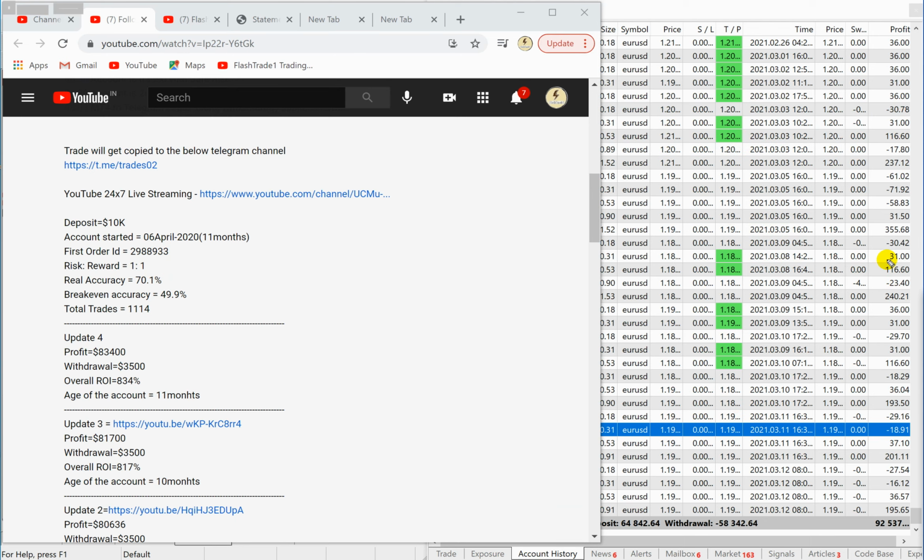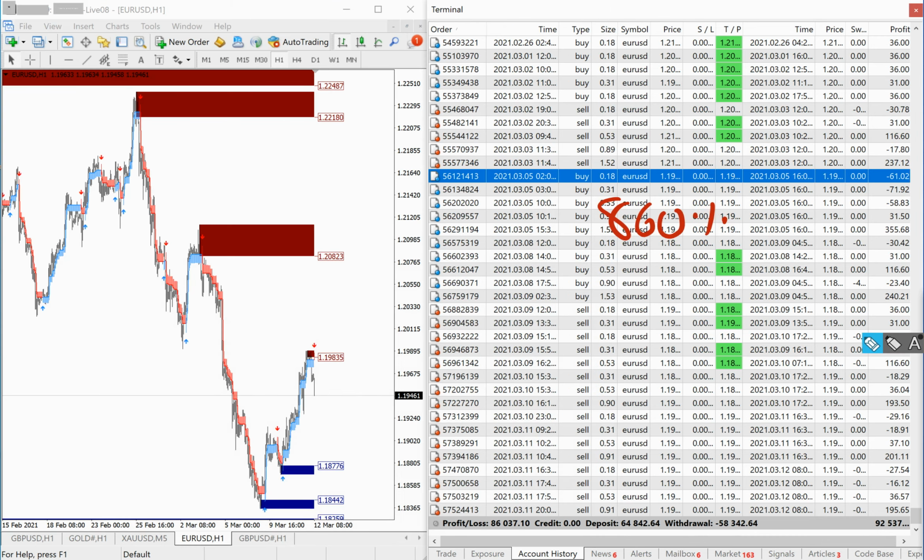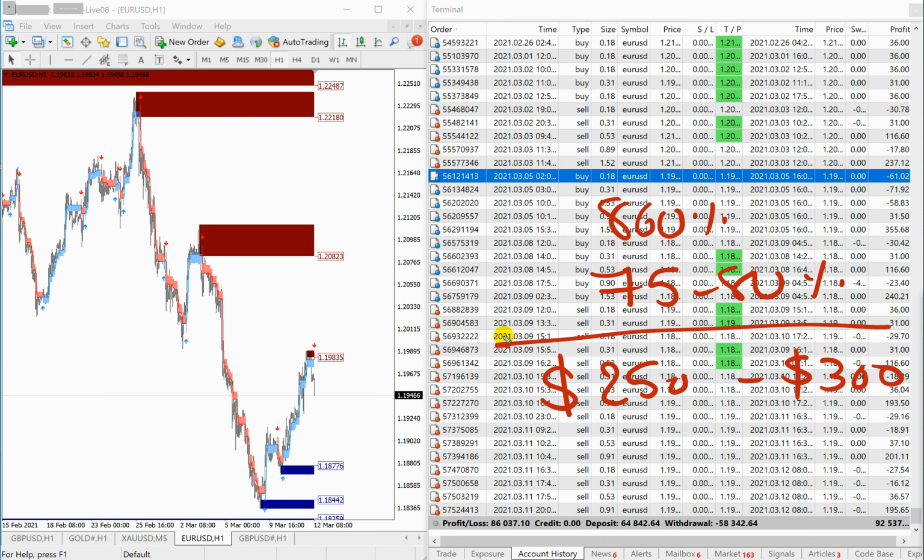And as told, 860 percent profit has been gained on this account, with a monthly profit of 75 to 80 percent on this trade, and a daily profit of $250 to $300 on this account. So this is not bad at all, it's amazing profit if a client just wants to trade Euro USD in his or her account.